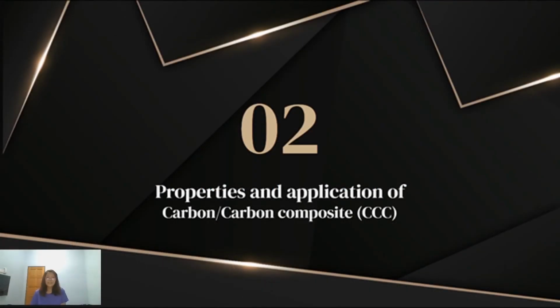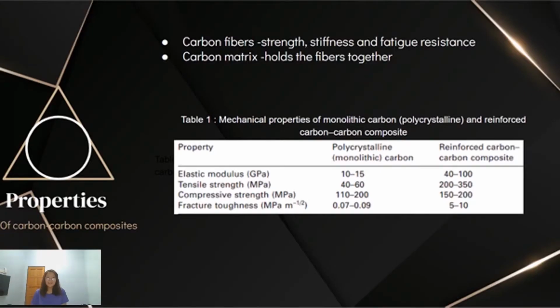My name is Kok Kai Lin, and now I would like to talk about the properties and the application of carbon-carbon composites. In these composite materials, the carbon fibers provide strength, stiffness, and fatigue resistance, while the carbon matrix holds the fibers together. A synergistic effect also exists between the fiber and the carbon matrix, causing the composite to have relatively better properties than polycrystalline carbon. This table shows the comparison of properties between monolithic carbon and reinforced carbon-carbon composites. It shows that carbon-carbon composite has relatively higher fracture toughness, specific strength, and modulus of elasticity as compared to polycrystalline